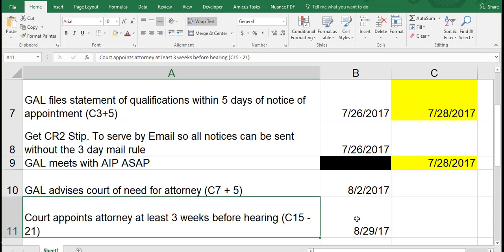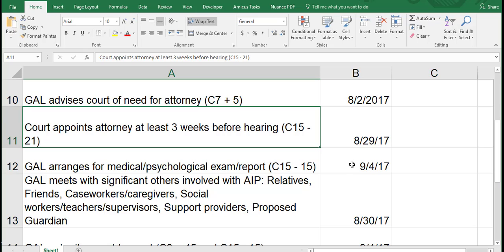In most guardianships, the AIP cannot communicate, and the guardian ad litem must determine whether they need an attorney to represent them, and if they're that badly off, then they typically will recommend not, because it simply costs their estate more money and doesn't really add to them and provides really no protection for their individuality or their individual rights. It's only in close cases that a guardian ad litem would recommend the appointment of an attorney for a person who's saying, hey, I'm really not incapacitated, I want to fight this thing.